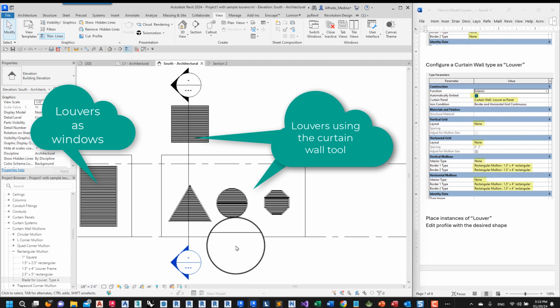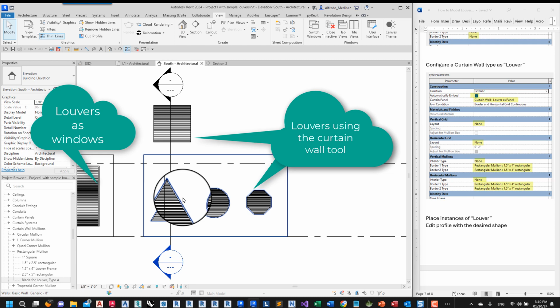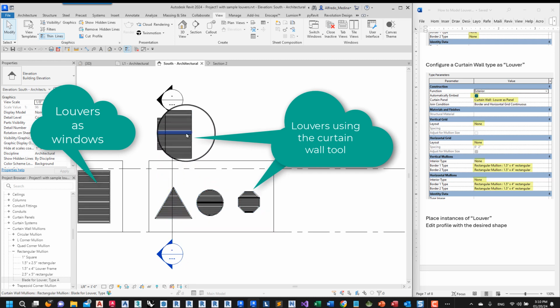An advantage of doing louvers by this method compared to the Windows method is that you can use these panels as a replacement for any panel in a storefront or curtain wall.